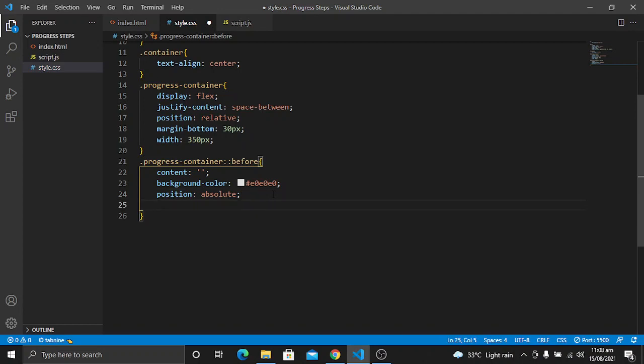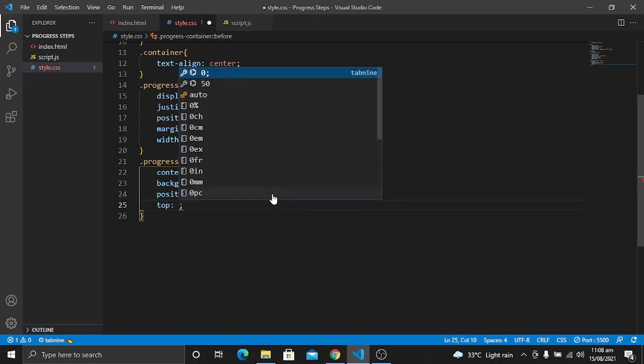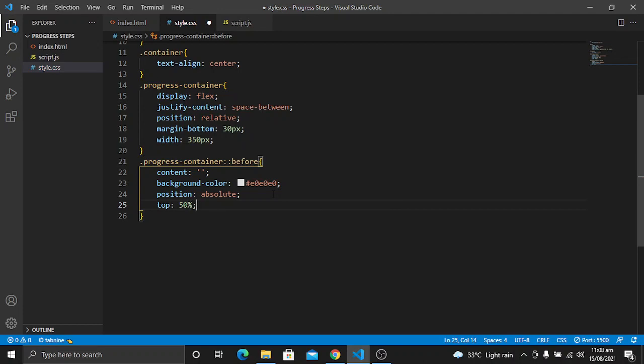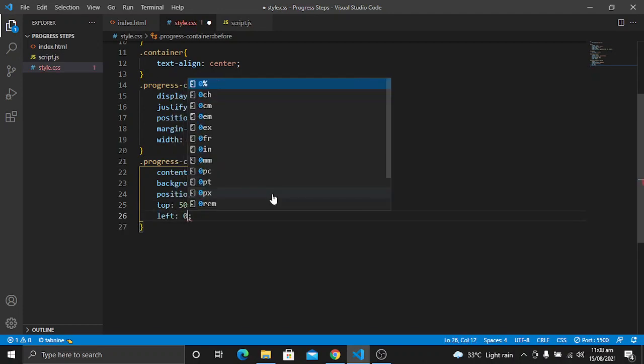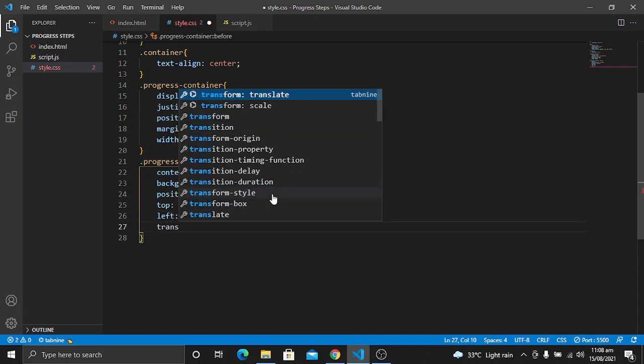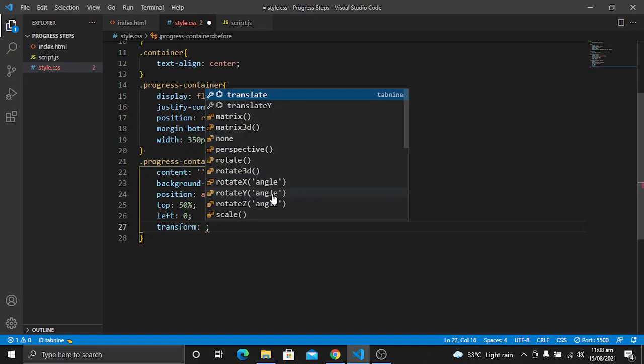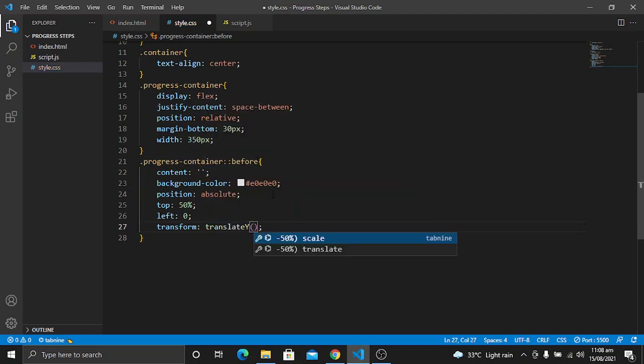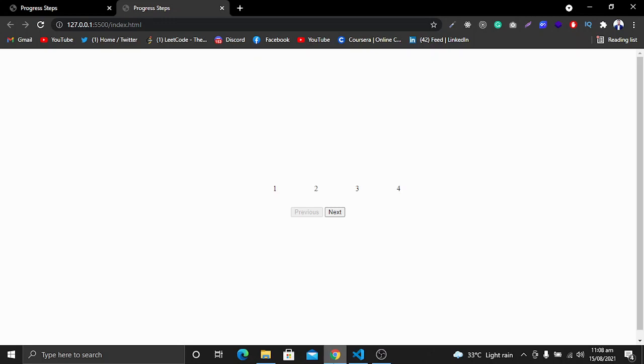From top I want it to be 50%, and from left it will be 0, and also I want to give it a transform property of translateY, so it will be minus 50%. Let's save it, and now you will see some changes.